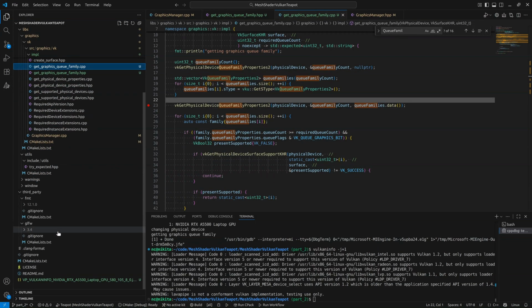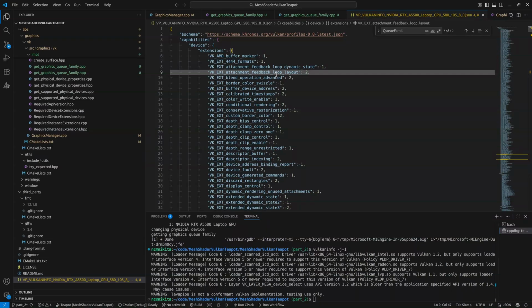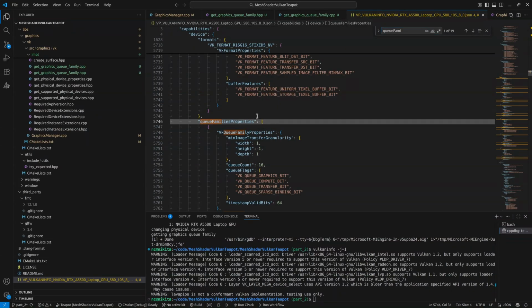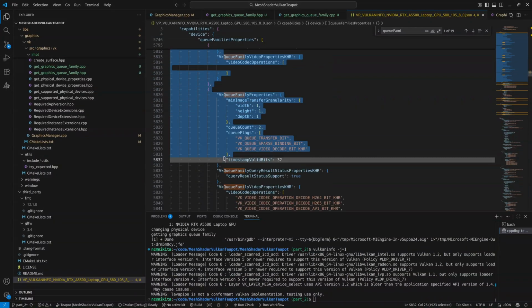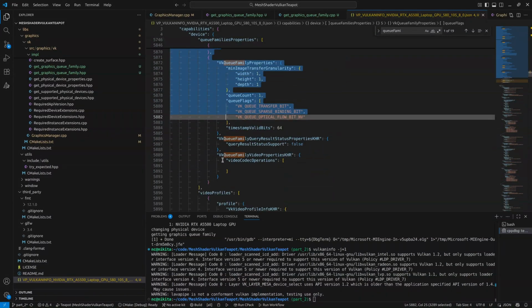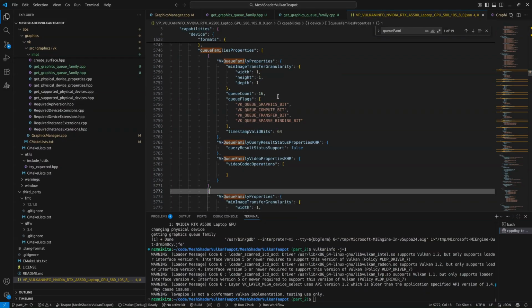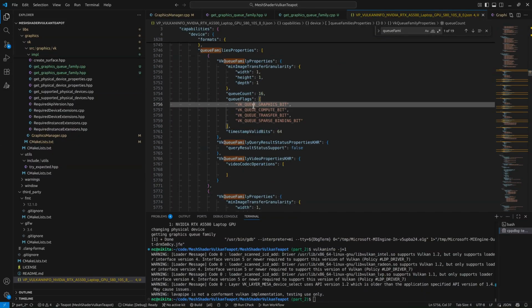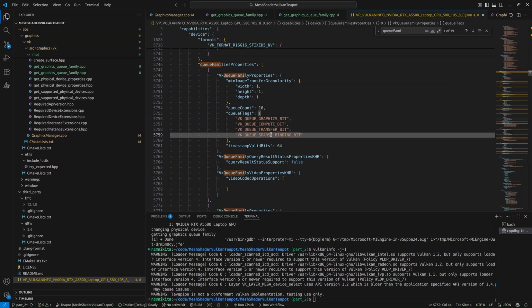So here is the information, and here we can see our family properties. There should be 6. 1, 2, 3, 4, 5, 6. Yeah, that's right. The first family supports up to 16 queues, and it supports these operations: graphics, compute, transfer, and